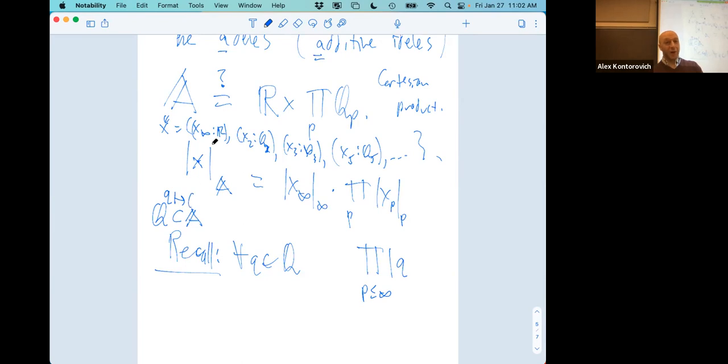Right. So what I want to do, well, I have an embedding of Q into R, and I have an embedding of Q into all the Q_p. So just do them all. That's called the diagonal embedding. I could just write Q, but these Qs are all completely different numbers. This is where type theory is useful. This is a Q of type R. Put up arrows on all of them, where each up arrow means a different coercion. So this is a Q of type R, this is a Q of type Q_2, this is a Q of type Q_3, Q_5, and so on. They're all completely different infinite sequences, but they come from the same number, and that's our embedding.